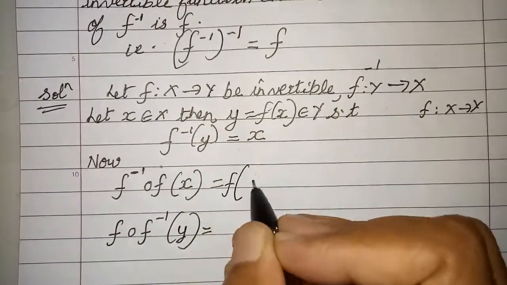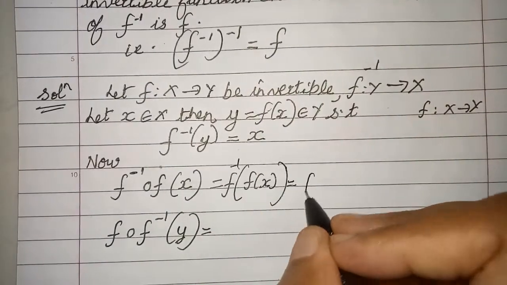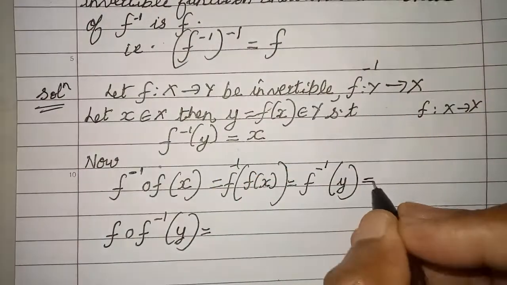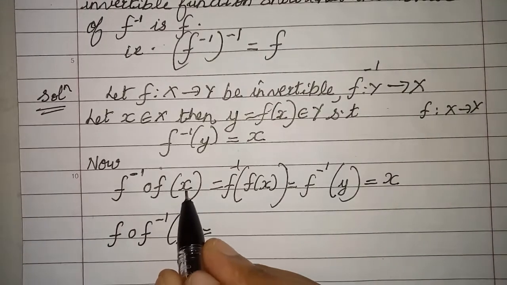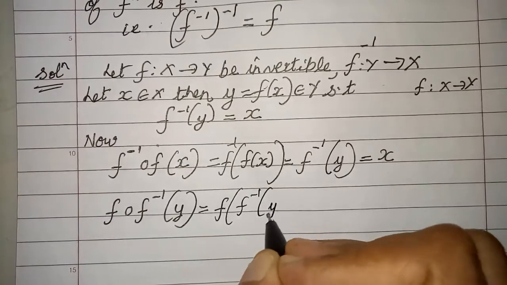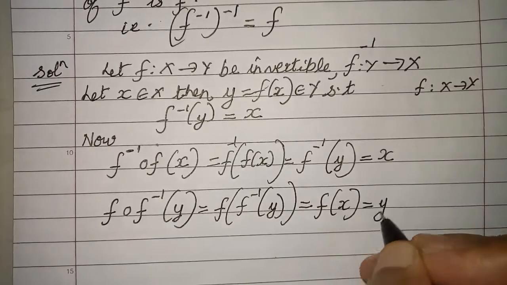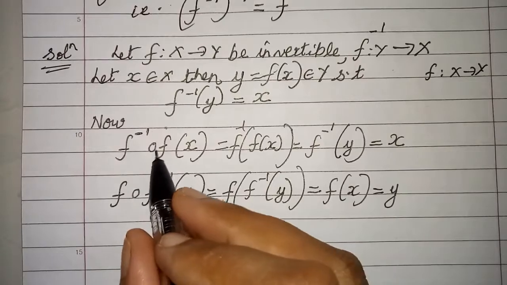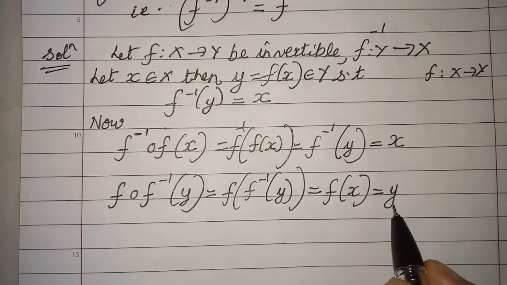So, it is f inverse of f of x. Right? But f of x is y. Right? But f inverse of y is x. Okay, so I have got this f inverse composite f, anything mapped to itself. Now similarly here, f of f inverse of y. So this is f of x, but f of x is y again from here. Right, simple definition. So I am able to prove that f inverse composite f of x is identity, and f composite f inverse of y is also y.